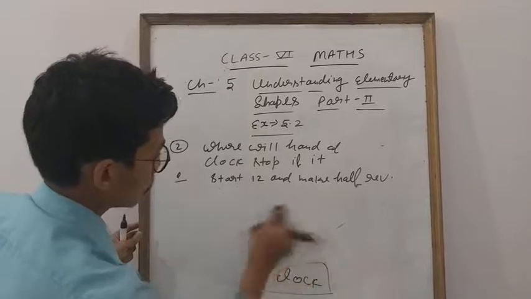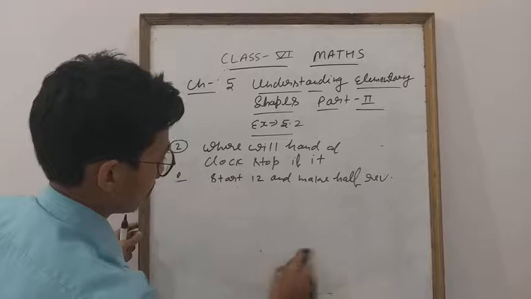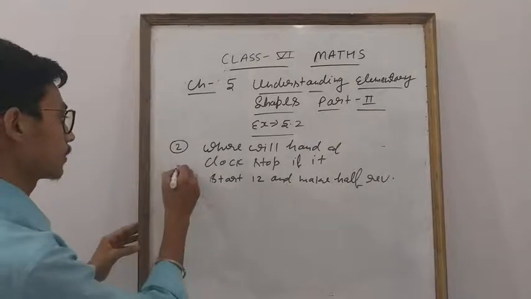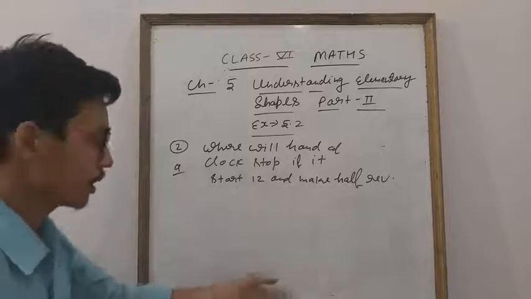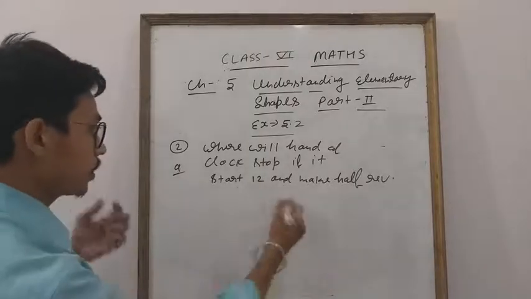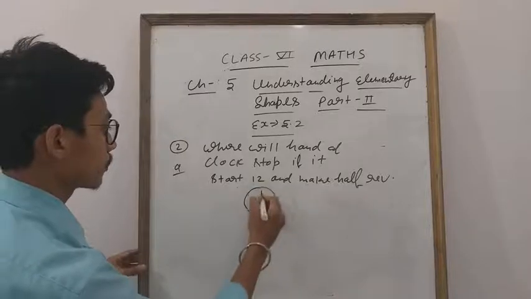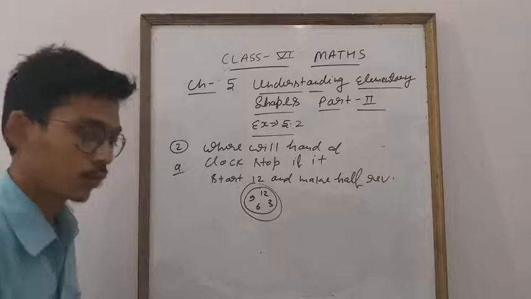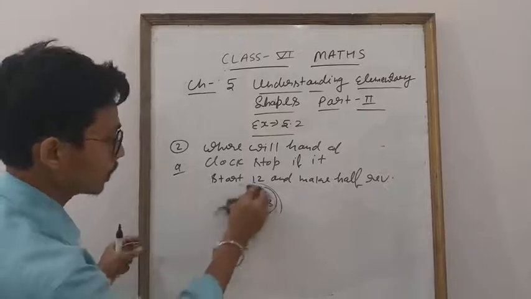What is the second method? You can also apply both methods. This is a very good method. It is not long, it only looks long, but it is for better understanding. See, you know that in a clock there are 12, 6, 3, 9. Total how many digits are there, student? 12 digits. Due to this, 12 into 30 is 360.